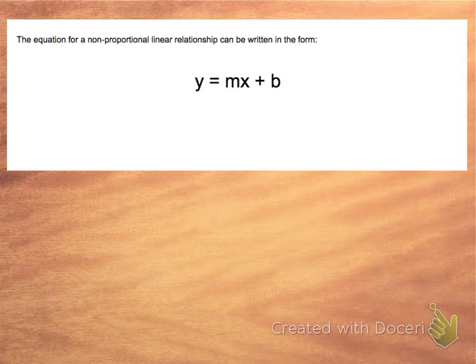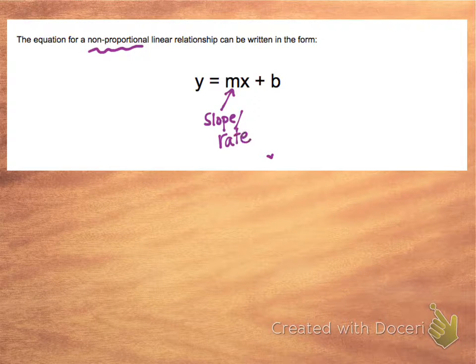We've already gone over the fact that in a proportional relationship, the equation is y equals mx. For a non-proportional relationship, the equation is y equals mx plus b. So the m is the same thing as it's been. It's your slope or rate of change. Your y is your output. X is your input,